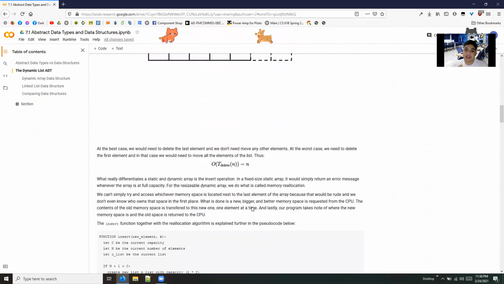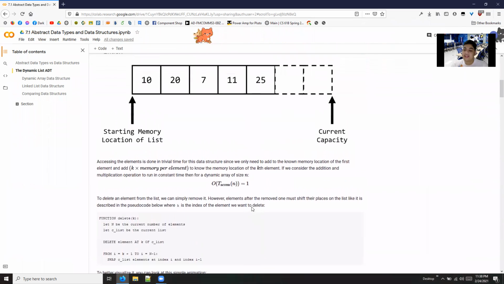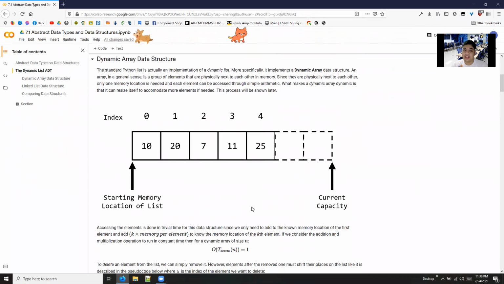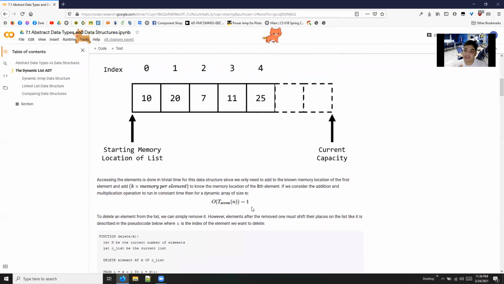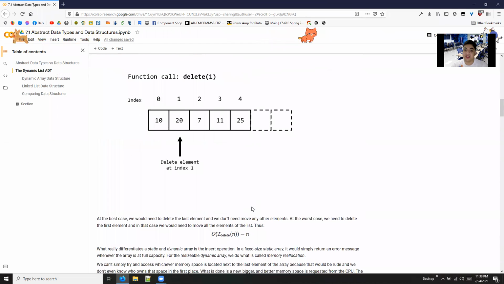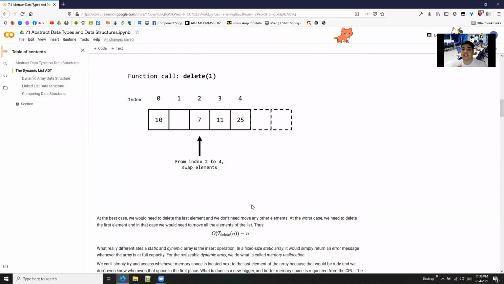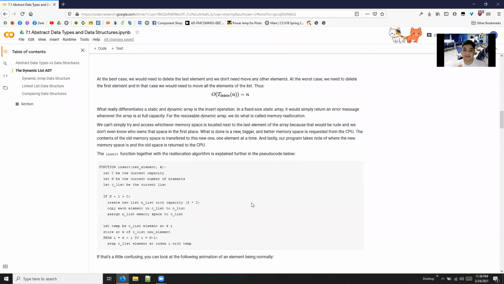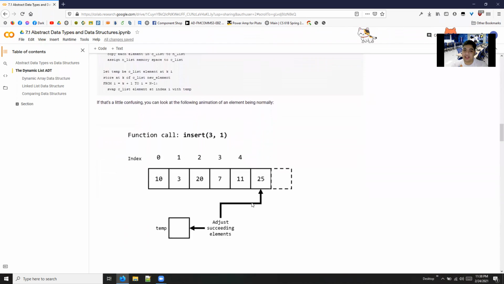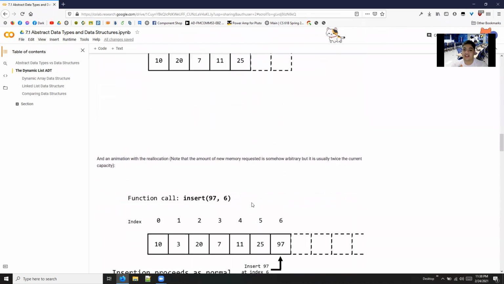So to summarize, the access time for our dynamic array data structure runs in constant time, and then deletion and insertion run in linear time. So that's it for the dynamic array data structure.